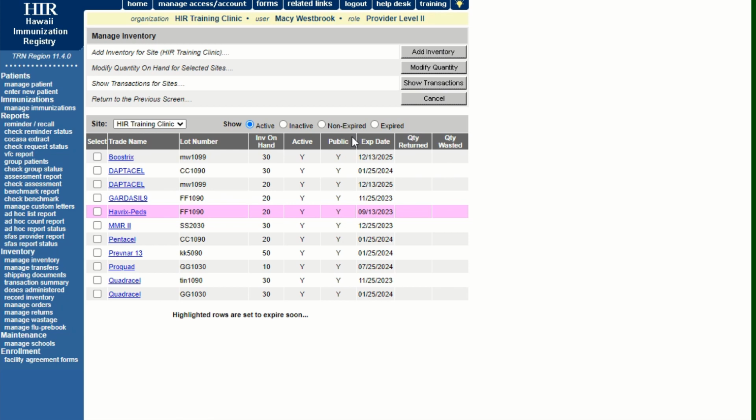So say for the facility that I'm working for right now, it's the HIR training clinic, and I'm in provider level 2. So when you come in here, to the HIR training clinic, we update our information on a monthly basis. That means our inventory down here will be updated on a monthly basis, because we want to make sure that